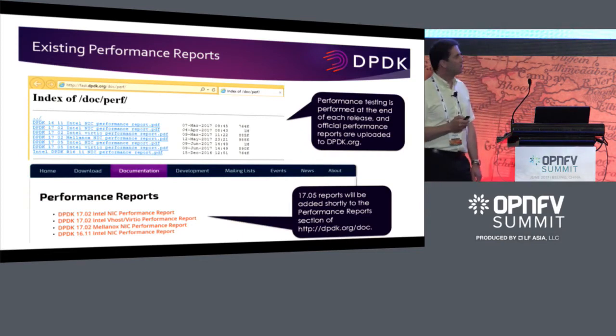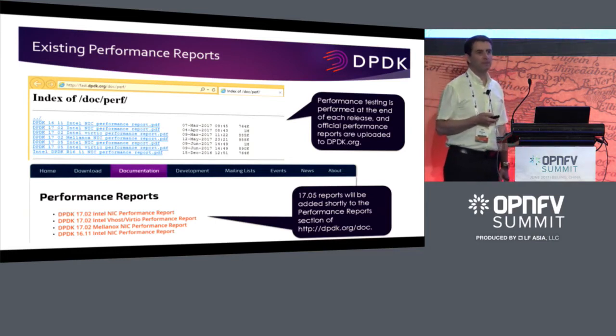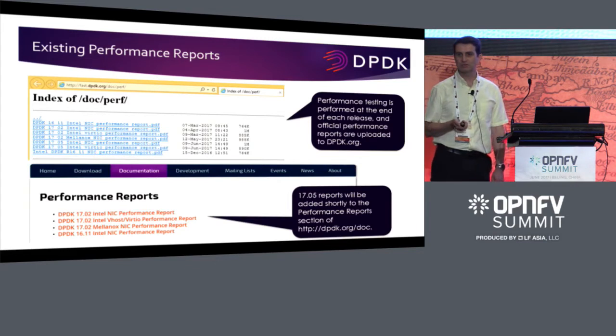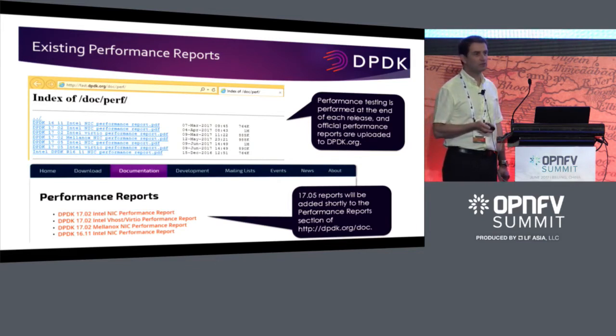So one area we have been looking at with this transition, looking at trying to improve, is the level of performance testing in DPDK. So this is just showing what we have right now. What happens right now is we go through a release cycle, we apply a series of patches, we build a release, we do some performance testing at the end, and then different vendors, predominantly Intel, but also Mellanox, publish performance results, which are posted on the dpdk.org site. So these performance reports are like the definitive statement on DPDK performance for the release. They're the official statement of performance.